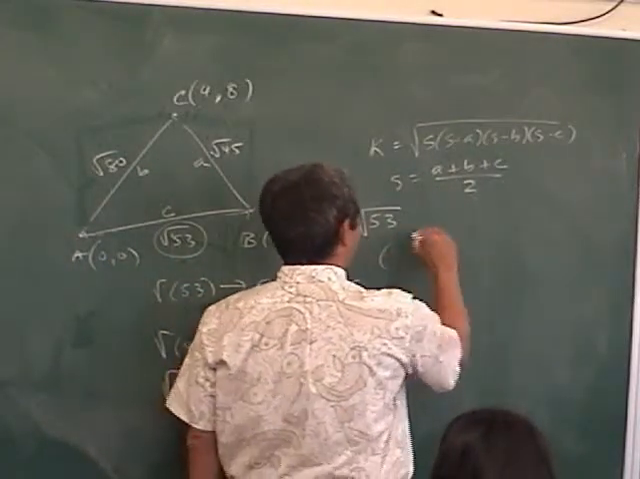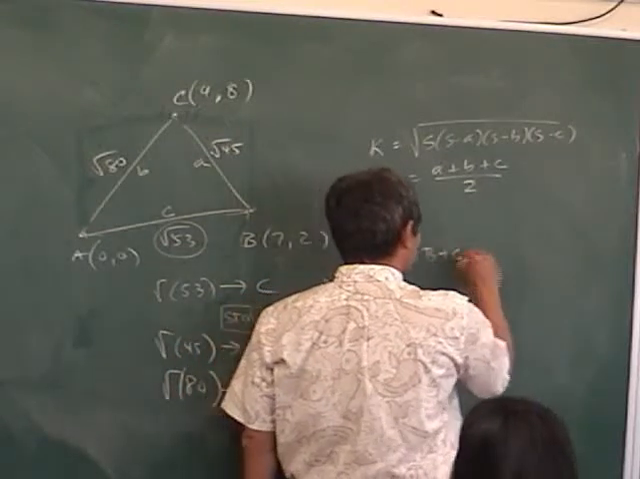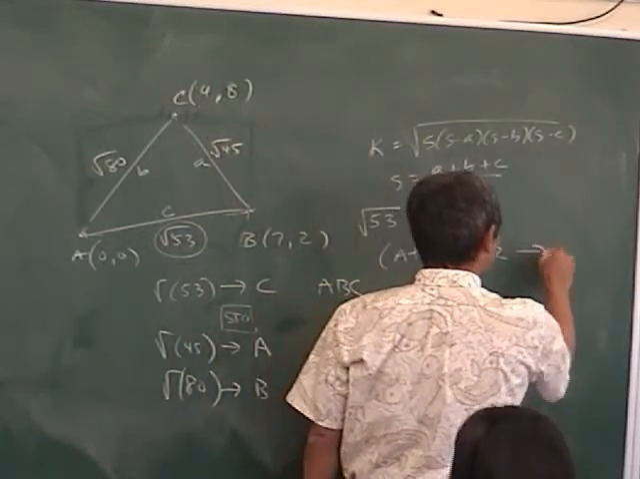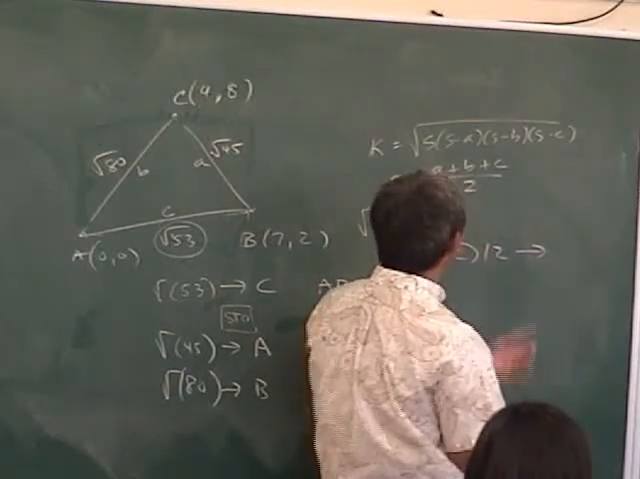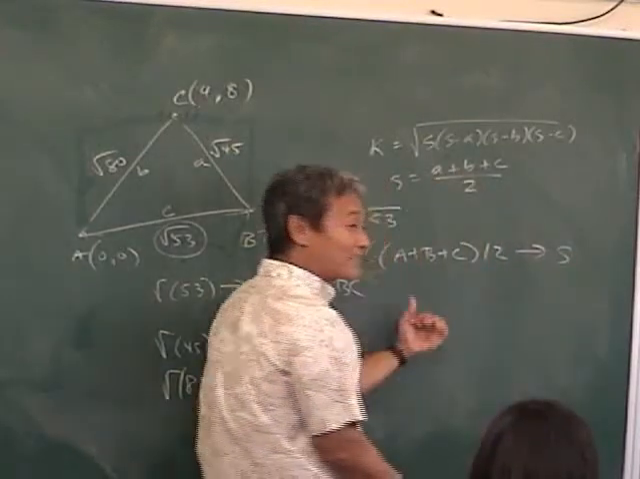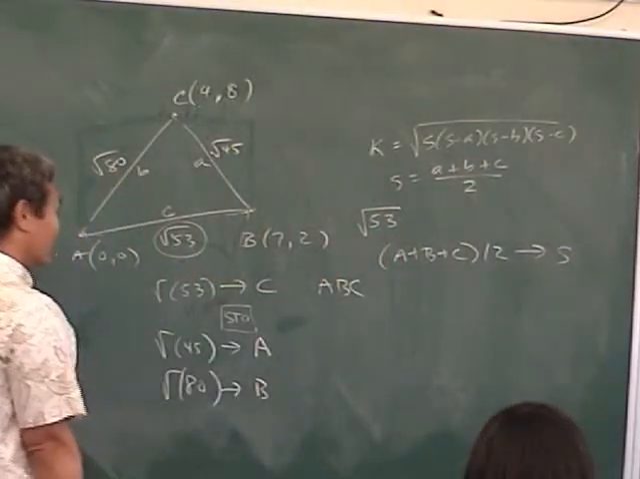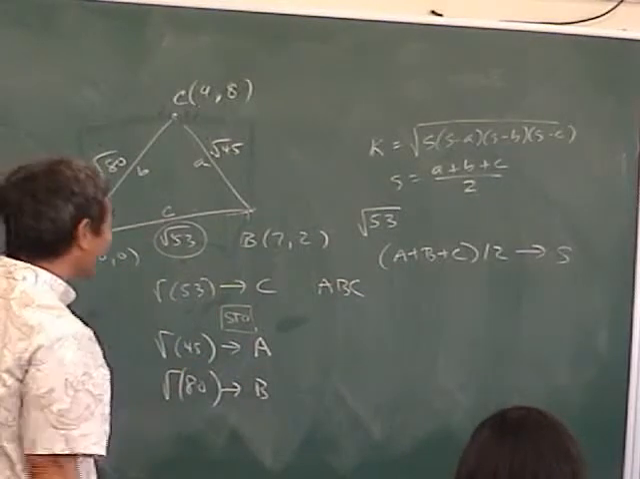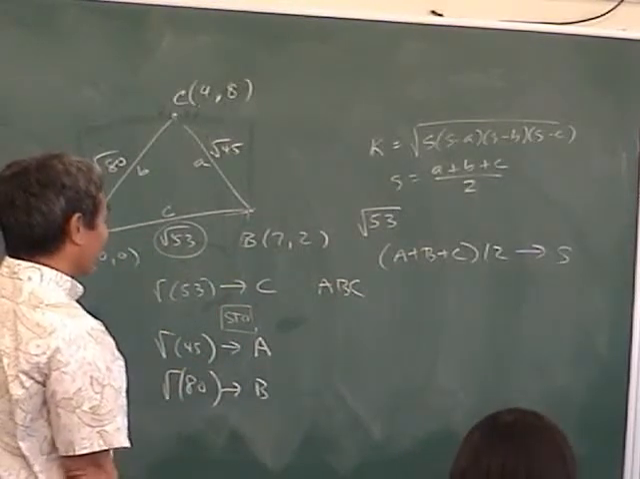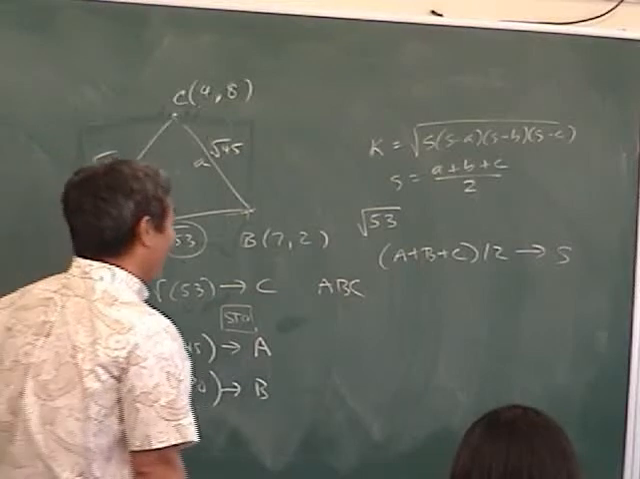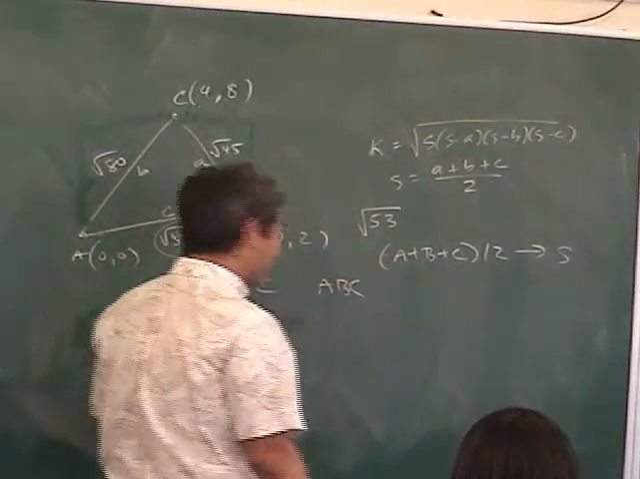I'm going to do A plus B plus C divided by 2. I'm going to store that into T. No, S. That's the semi perimeter. What am I dealing with here? That's so hard. No. Okay, now that I have S, A, B, and C, all I have to do is